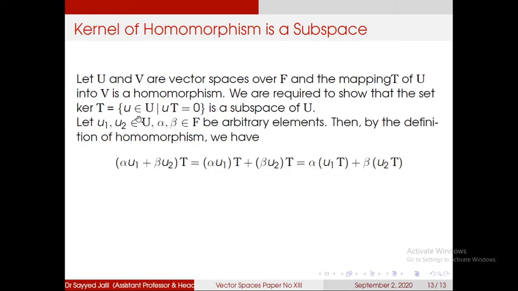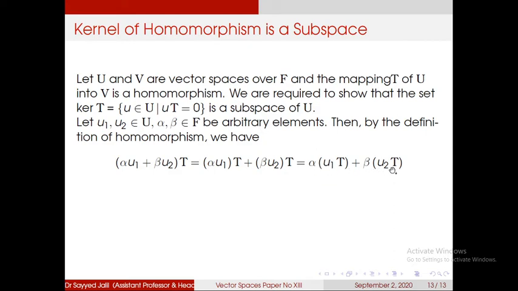Okay. Let u1 and u2 be members of the kernel of T, and alpha and beta in F. Then by the definition of homomorphism, we consider T of alpha u1 plus beta u2. By homomorphism it is nothing but T of alpha u1 plus T of beta u2, and again by homomorphism it is alpha times T of u1 plus